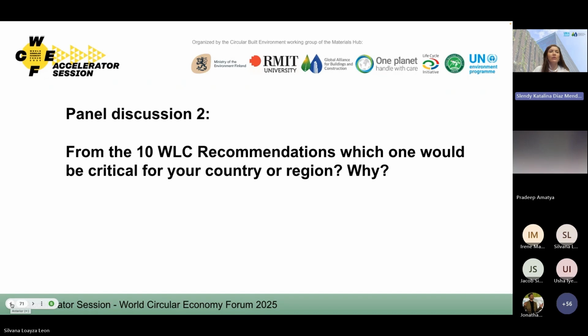It helps us to reduce the operational emissions of the buildings, and also helps us to reduce the demolition of existing buildings. Therefore, we will have less construction and demolition waste. And one of the most important aspects and recommendations is to retrofit buildings, because it helps us to increase the lifespan of buildings. Instead of building additional square meters, we can increase the use of existing built areas through retrofitting,